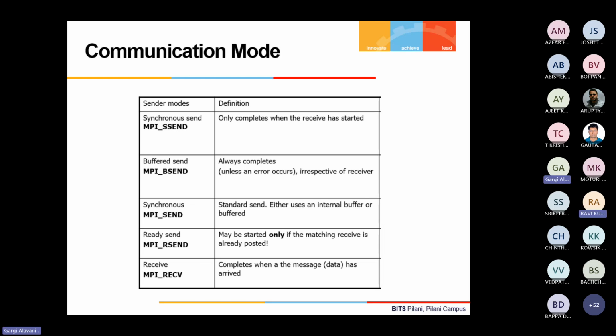Can we have any real-life use case for both of these, where we can correlate and understand them? Yes, one could be, let's say you have